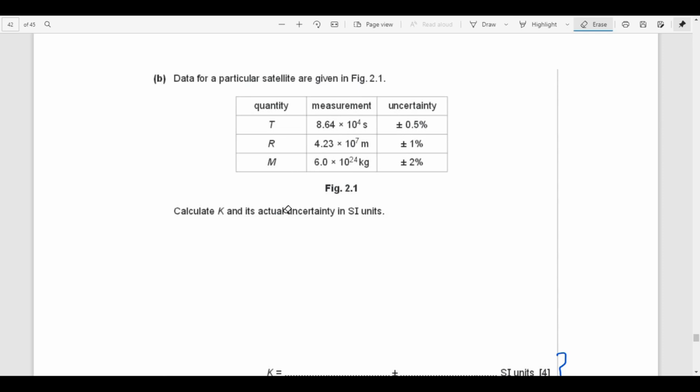So this is the table where T, R and M are given with their values and with their percentage uncertainties in the third column. So please do write down this table as well in your copy. Solve it